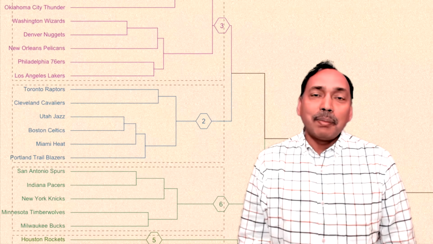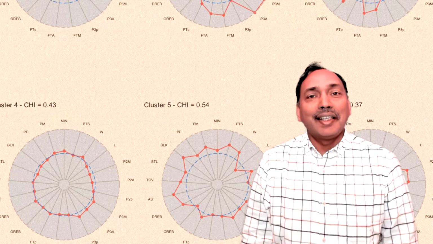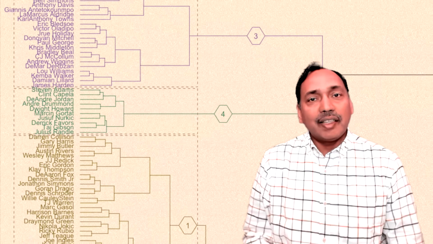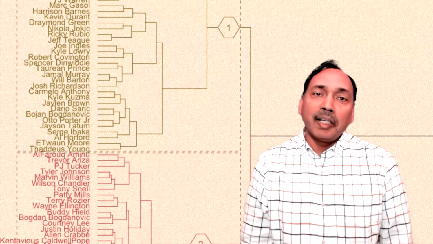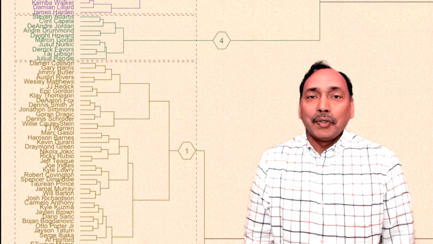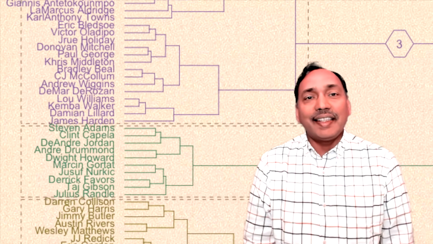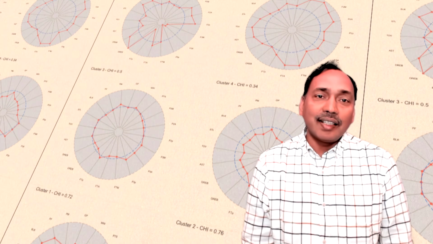Hello and welcome back. We'll continue to look at basketball data, and today we'll look at NBA teams and also NBA players and use clustering methods to group them into different clusters based on their performance in the season. So, once again, the season data that we are using is 2017 and 2018, and it involves 30 NBA teams and more than 600 NBA players. Let's get started.